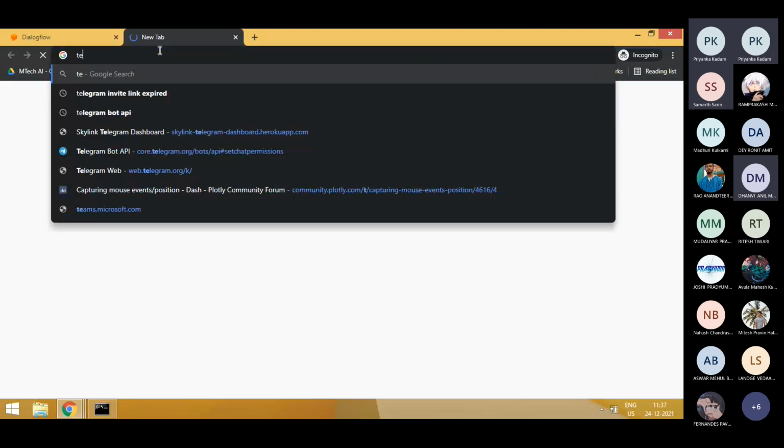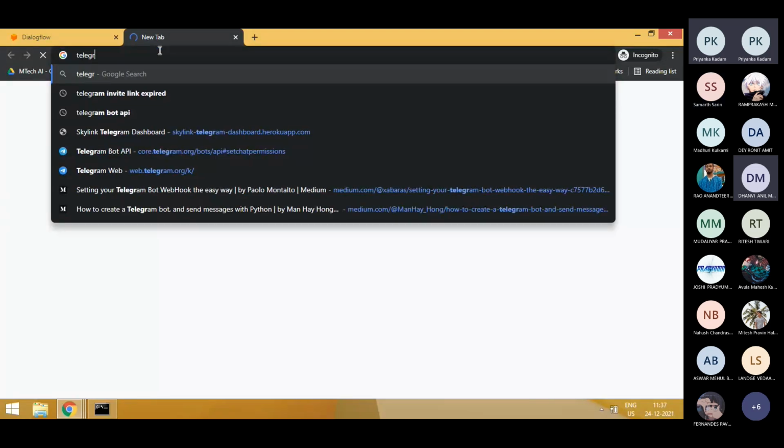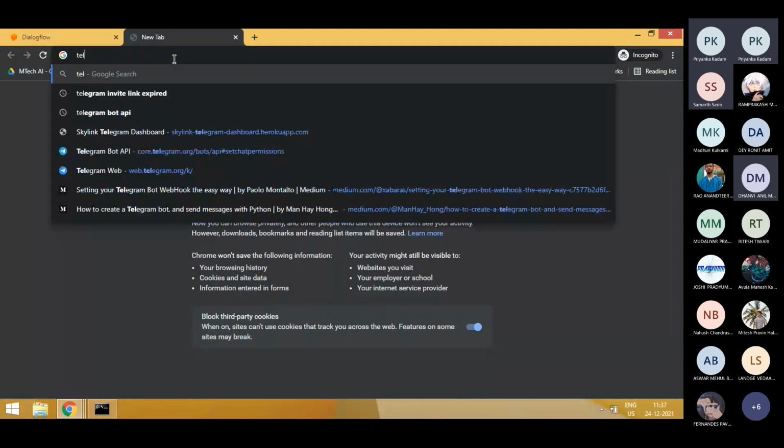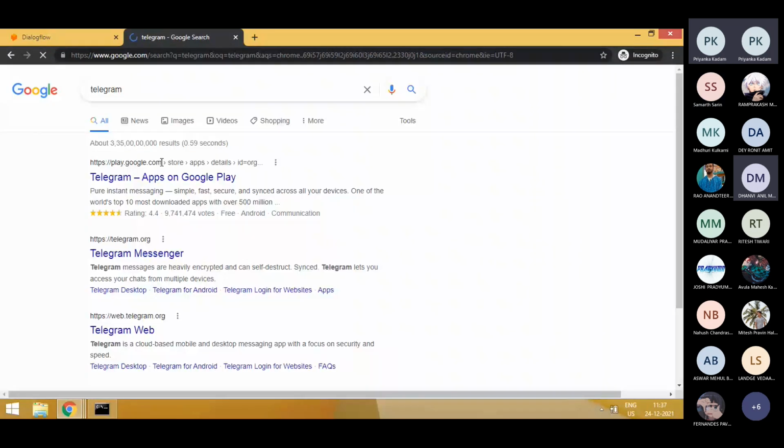If you want to know how you can connect, you can always search on Google how to connect Dialogflow with Telegram or whatever service you want to get connected to. It will give you an option. There is good documentation of all the scenarios. So if I go to Telegram web,